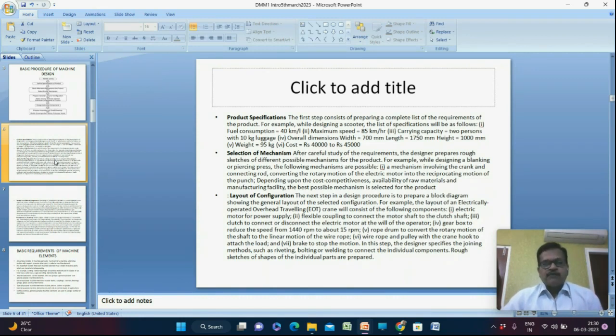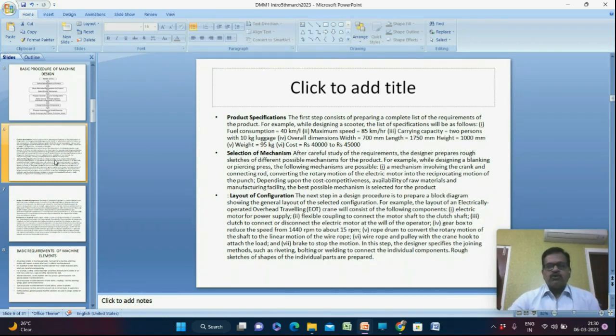Next, layout of configuration. The next step in the design procedure is to prepare a block diagram showing the general layout of the selected configuration. For example, the layout of an EOT, electrically operated overhead traveling crane, consists of the following components. Number one, electric motor for the power supply, flexible coupling to connect motor shaft to the clutch shaft, clutch to connect or disconnect the electric motor at the will of the operator, gearbox to reduce speed from 1440 rpm at